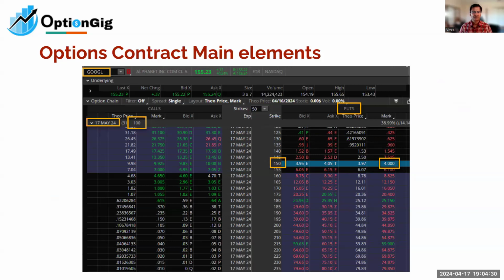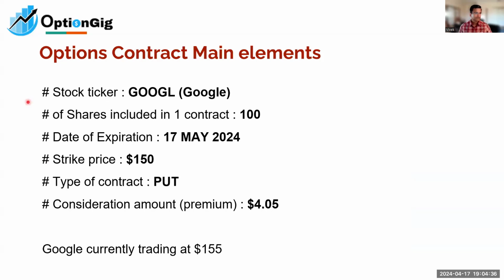All right, so let's move on. Any questions so far? What's the stock ticker? What's the underlying ticker? It's Google. How many shares are included in it? 100. There could be some cases, and I've seen maybe a handful of cases, in which it is not 100. Majority of the time, I would say 99% of the time, there are 100 stocks underneath